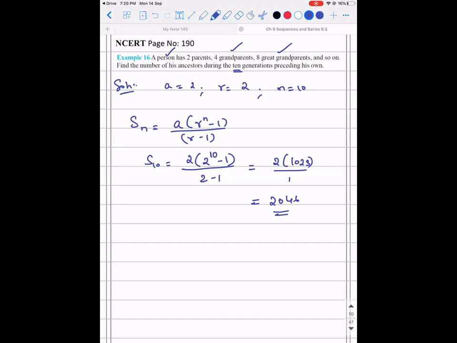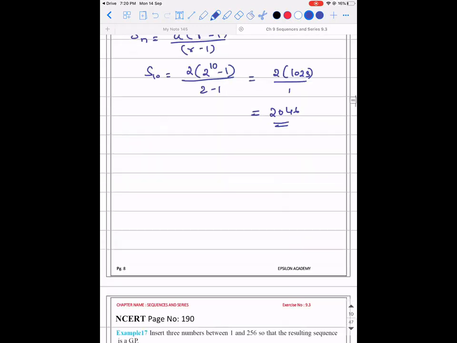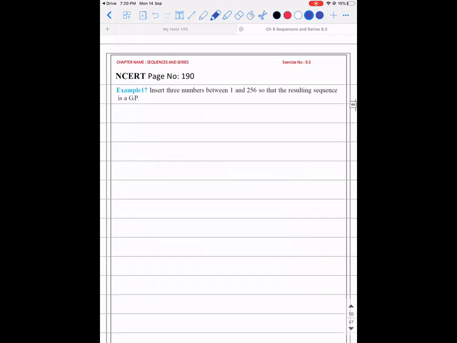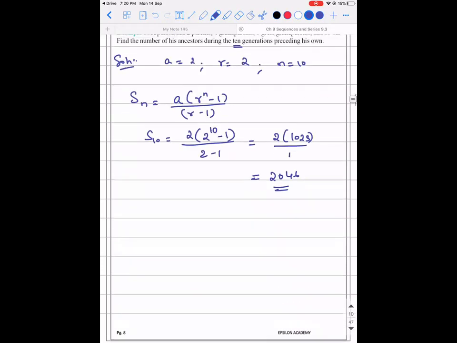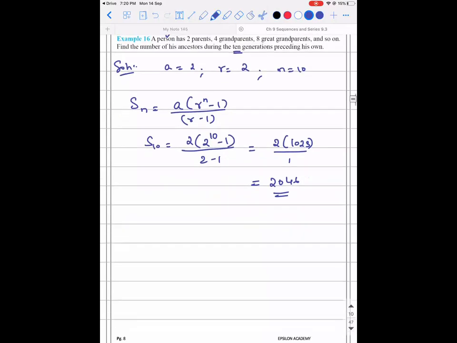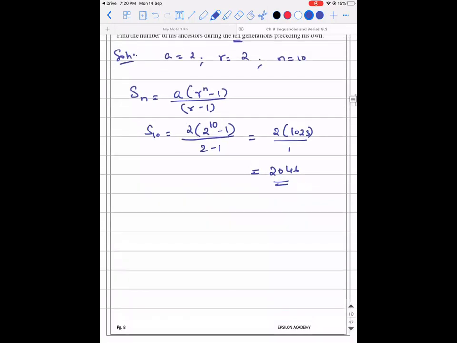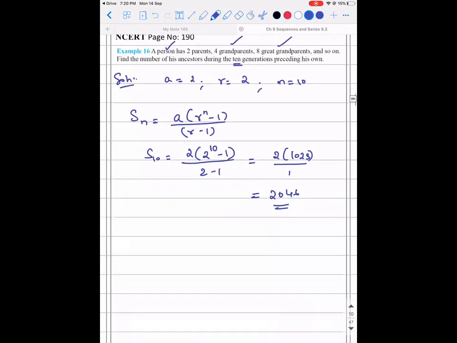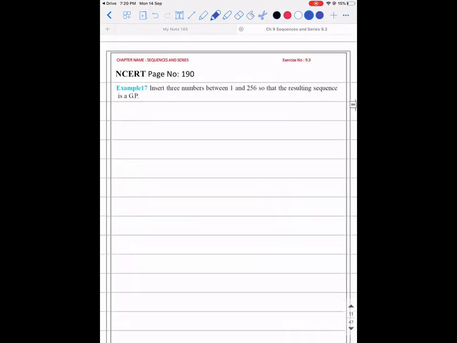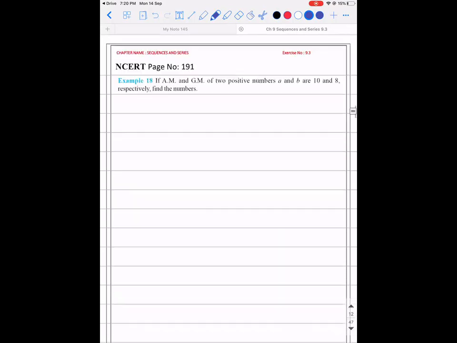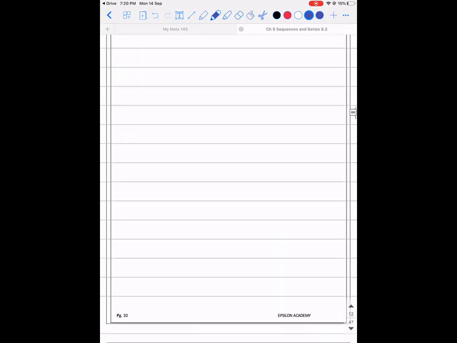I hope it is clear. Yes, sir. Okay, so that's all for today. We have actually completed this chapter because the fourth exercise is in the deleted part. Again, it is an independent topic, so that is not needed. I can skip it. Tomorrow we will solve all these problems. And for today, your homework is to ensure you complete 11 to 18 of exercise 9.2.